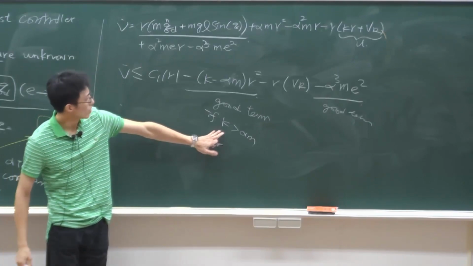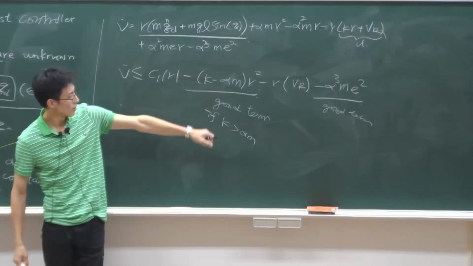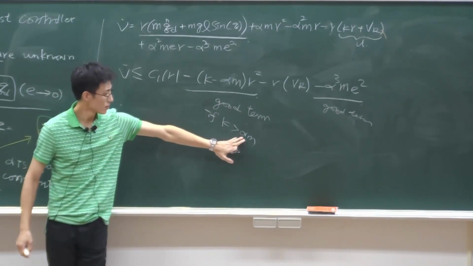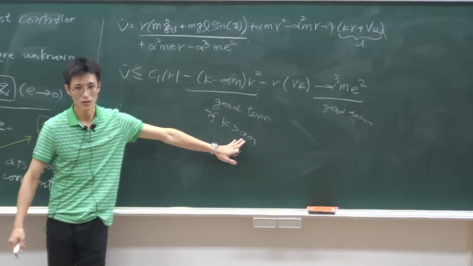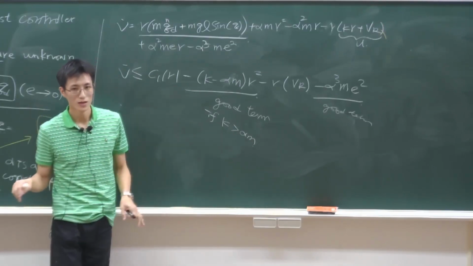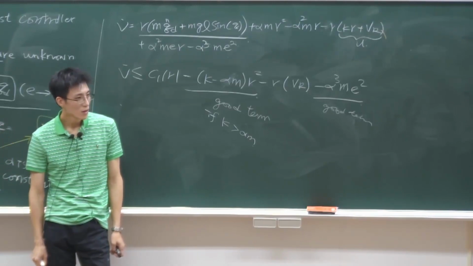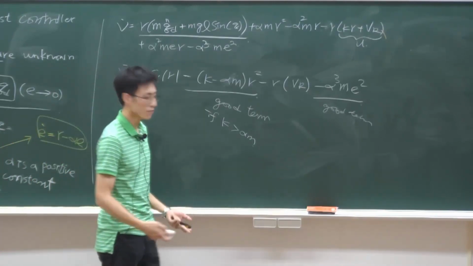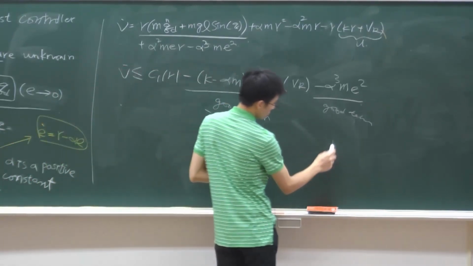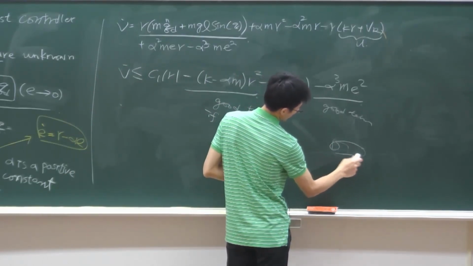So you need to implement your controller k large enough, at least greater than alpha m, which is a user choice. M is the unknown mass. But it's still feasible, right? If you control a robot arm, for example,